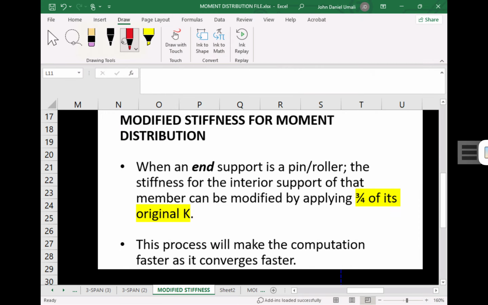Okay, so we will apply 3/4 multiplier for the original stiffness of the member. Okay, so this process will make the computation faster as the moments will converge faster. Ibig sabihin, mas mabilis silang lumiit kesa sa conventional or yung